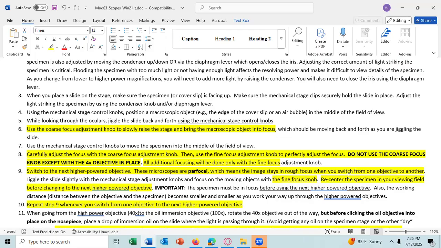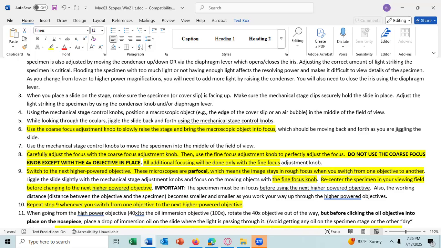All additional focusing should be done only with the fine focus knob. Before changing to the next higher powered objective, you should recenter the specimen in your field of view.